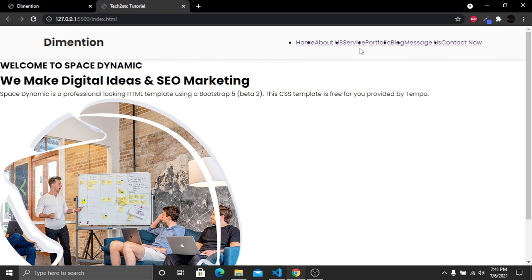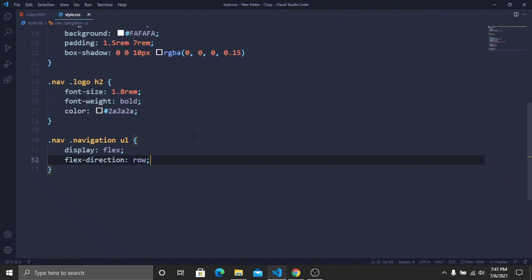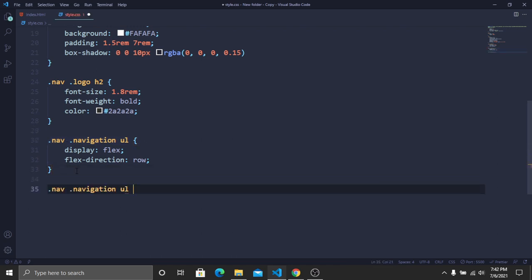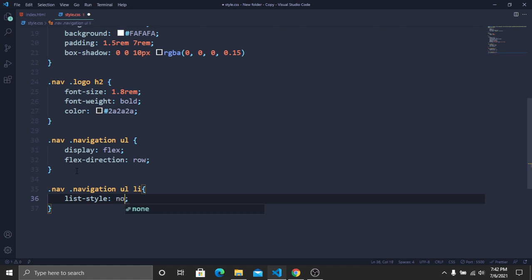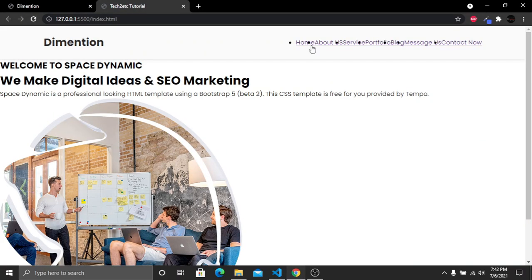Now after this one, I have to remove the bullet points of these nav links. So for doing this, just copy this one from here and then paste it here, and then we have to target our list tag. Now for removing the bullet points, I have to add list style, and it will be none. And then if I go to our website, here you can see that we don't have any space between these